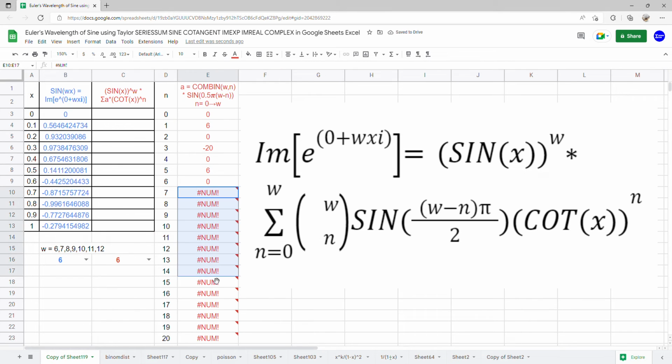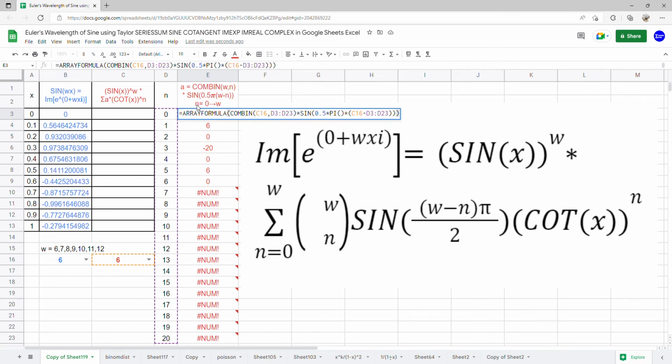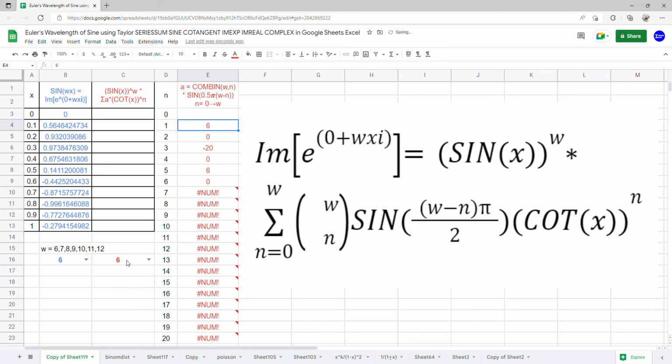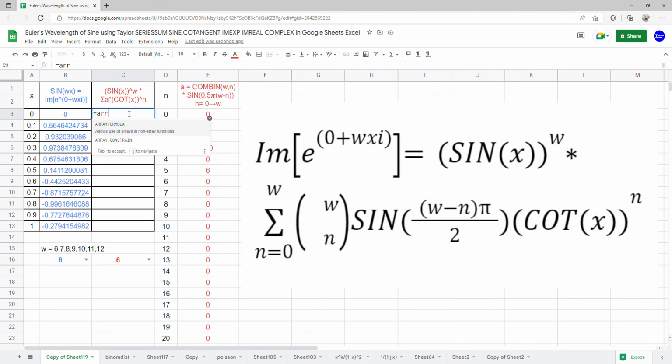We correct this. So if n is greater than w, it should be 0, because it's only n up to w. So if n is greater than w, 0. Otherwise, calculate. Now it's corrected. Now we continue with the expansion, which is, we begin with the series sum, array formula, series